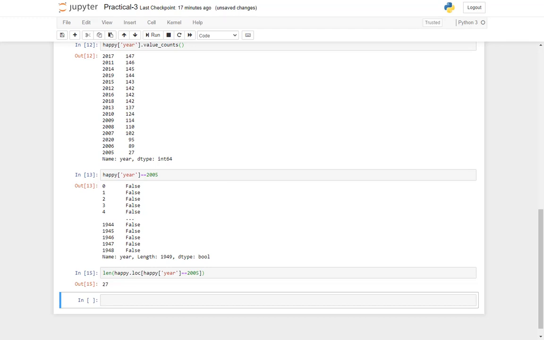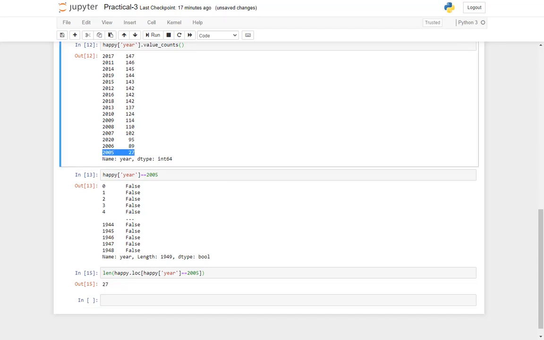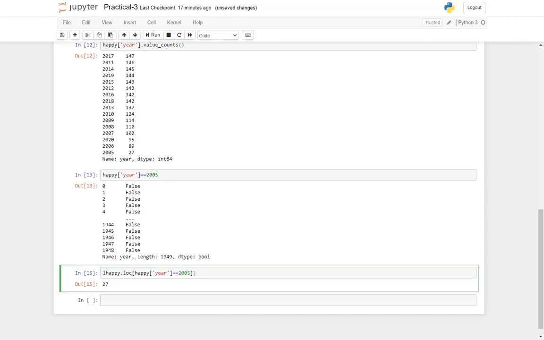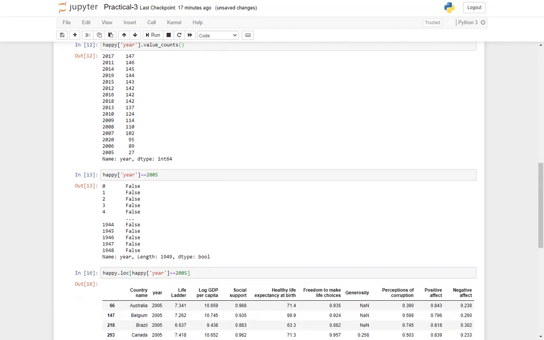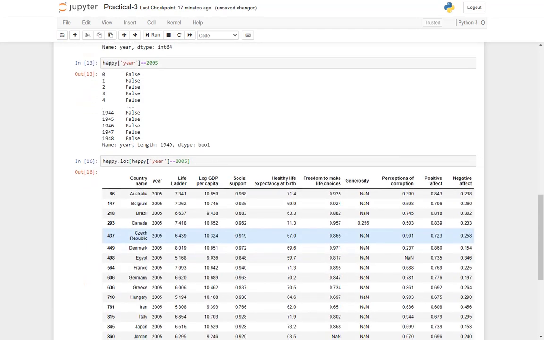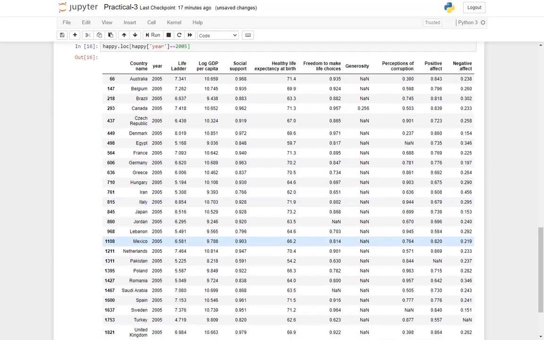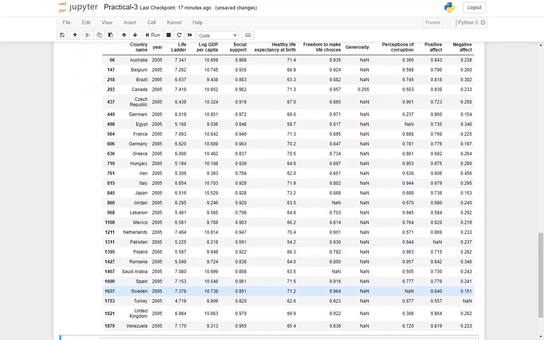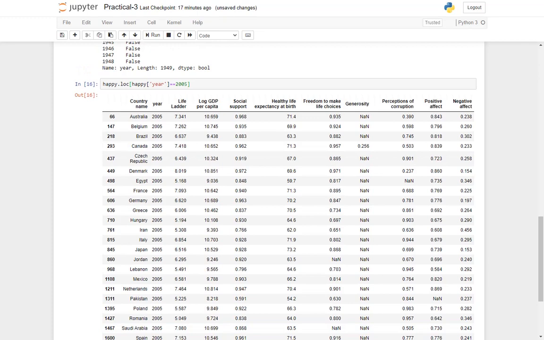Yeah, see, the length is equal to 27, which matches here exactly. For the year 2005, there were 27 countries which had recorded the data, and we just got the list of those countries by using the attribute LOC. That is an indexing operator actually, which indexes.